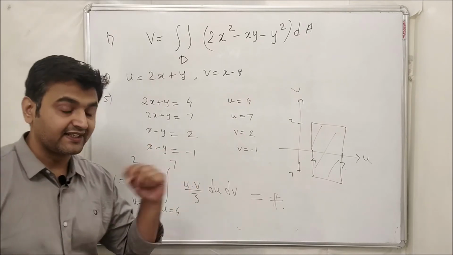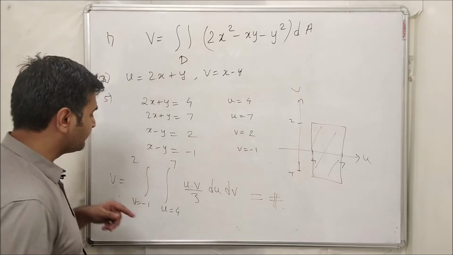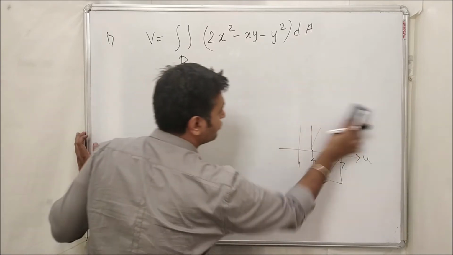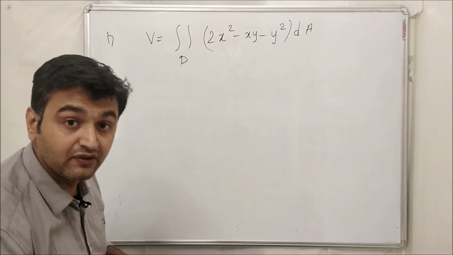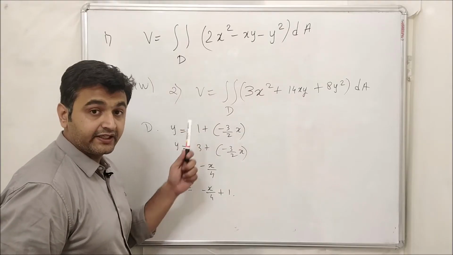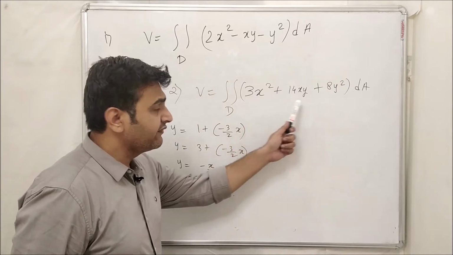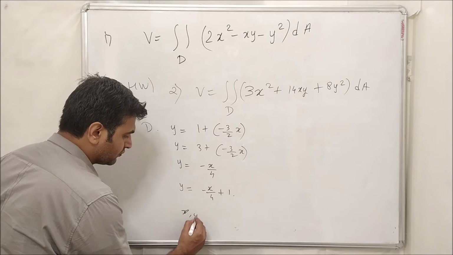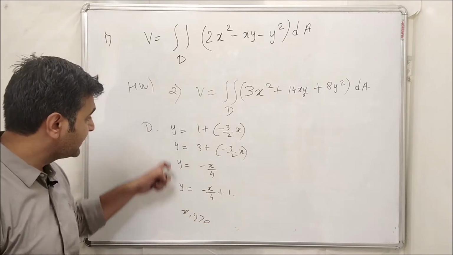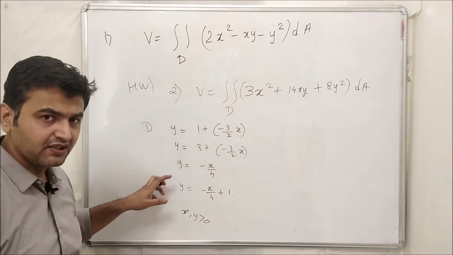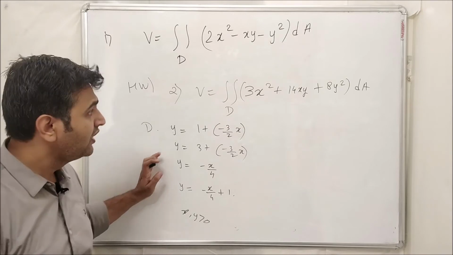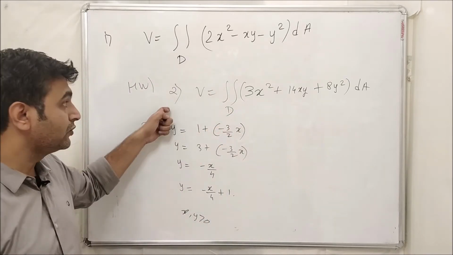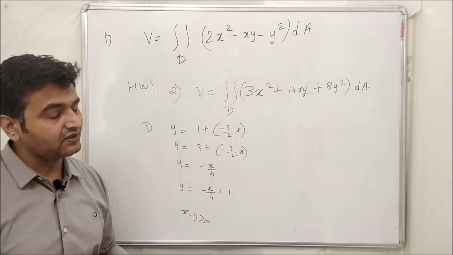Now let's go for the second example. Before going to the second example, let me give you a homework of similar kind so that you will have a good grip on how to solve such kind of examples. So here is the second integral which you need to solve. So either you can factorize this, or if you see these lines carefully, it's in the first quadrant. If you see the lines carefully, they are parallel. So from here also you can guess the substitution. You can factorize. From there also you will get the substitution. So this is the second homework. You have to tell the answer for this question.